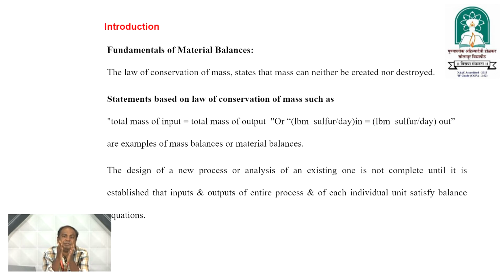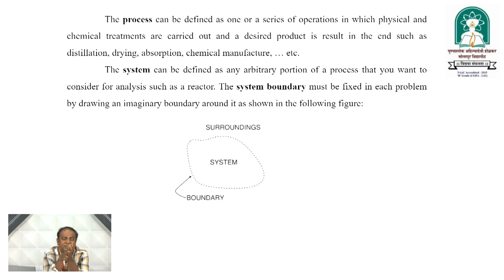That means, whatever the input of a chemical is, the output should be balanced with the input. When it is balanced, then we would say that definitely the mass has been conserved at the end of the process. So, material balance calculation is based on the law we call conservation of mass. And as I have stated, to learn material balance, we need to know certain basic aspects. What are those basic aspects?